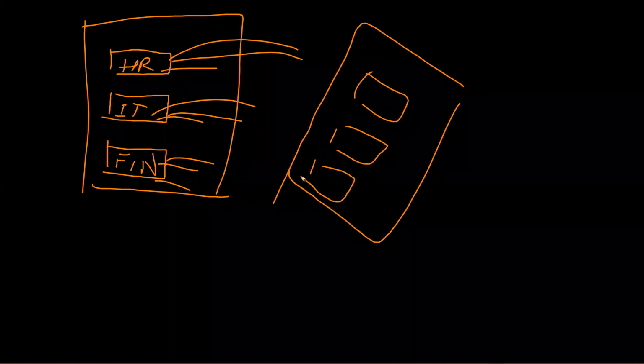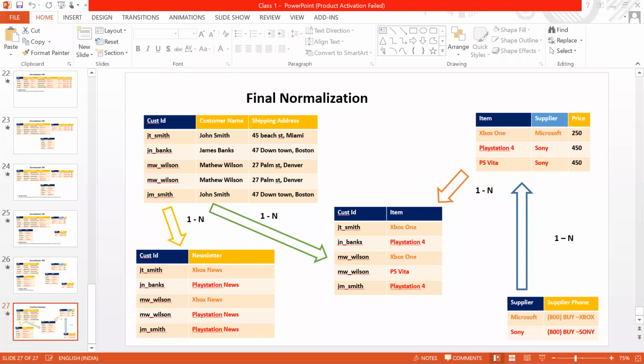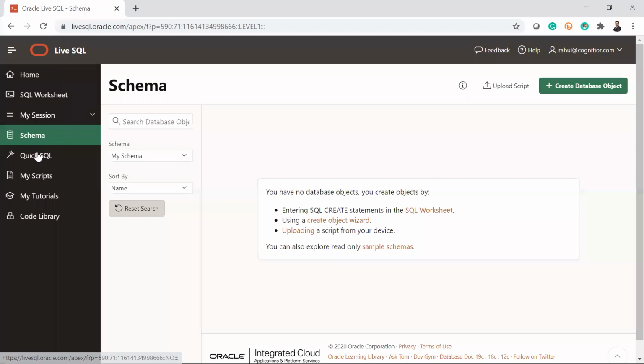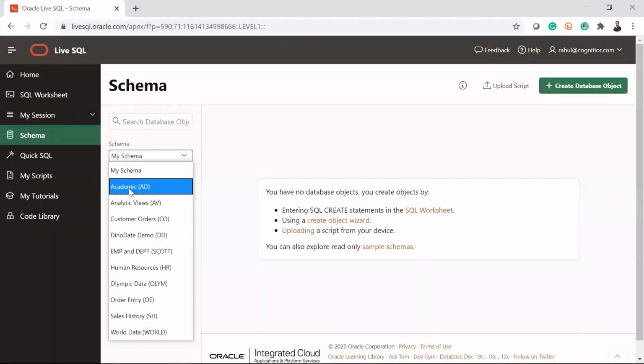In that schema, I will have the relevant objects of that particular type of schema, HR, and so on. Now if you see here, they already created one schema, and in that schema they created multiple sub schemas. So basically, in this schema, you see my schema, then academic schema, then analytics view schema, and then customer order schema, and so on.